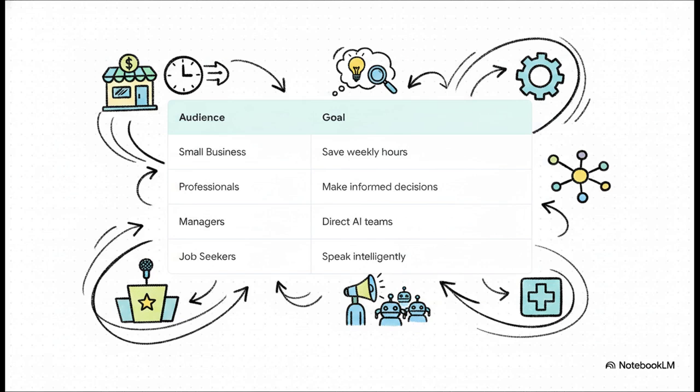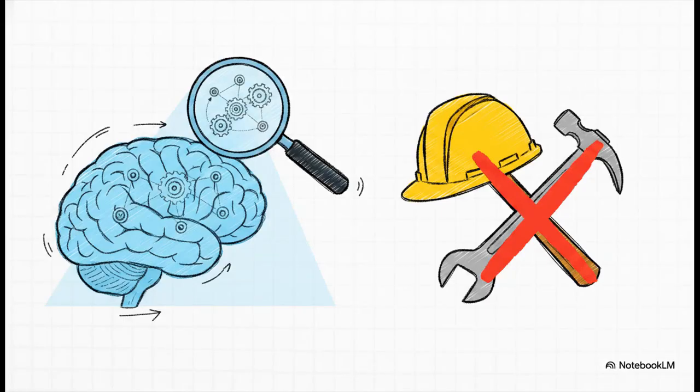It's for managers who are going to find themselves directing AI agents in the exact same way they currently direct human teams. And it's an amazing resource for job seekers who want to stand out in interviews by being able to speak intelligently about the technology that is reshaping literally every single industry right now. The overarching promise here is very simple and very relieving. This course is for anyone who needs to understand agents, not build them from scratch. You don't need to be a software engineer. You just need to be able to navigate the landscape, evaluate the different tools out there, and speak clearly about the technology that's reshaping your day-to-day work.